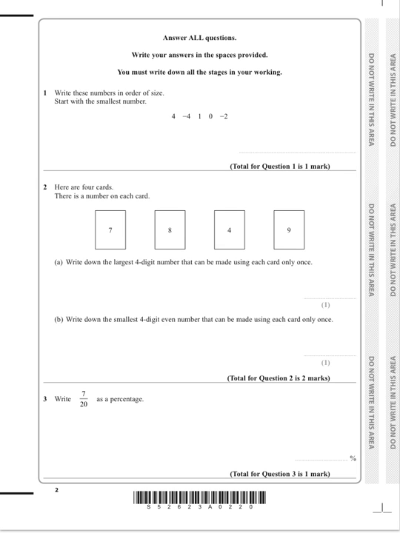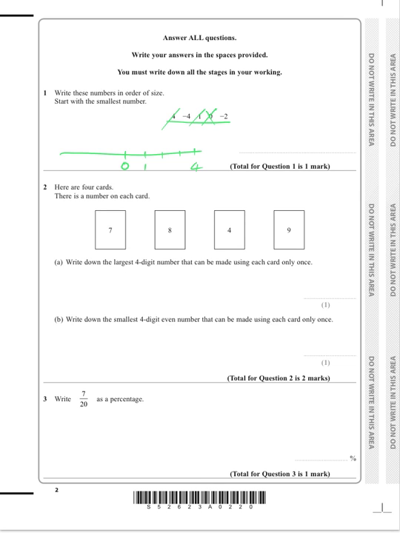Question 1. Write these numbers in order of size, and it says to start with the smallest number. So if we look at these numbers here and we put them on a number line, then we know 0 is going to be here, 1, and then if we want 4, then we're going to have 2, 3, well there's 4,